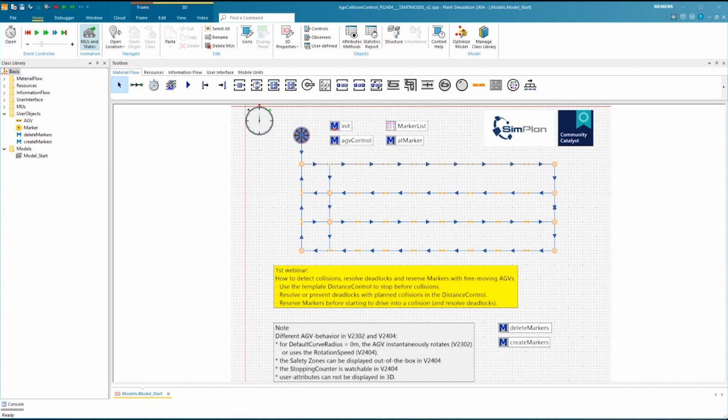I hope you saw in the invitation and in the post in the forum the reference to the previous session that Stefan did in December, where he introduced the basics about free moving AGVs in plant simulation. So we will assume that you have that knowledge at least available. And today we will look at the collision control and or the distance control for managing collisions.